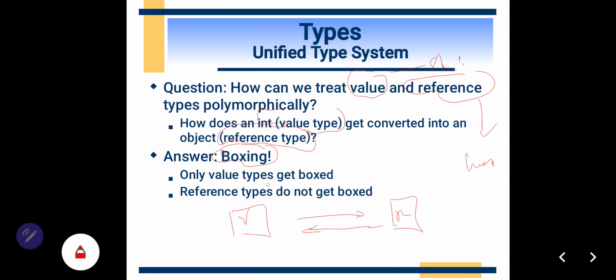Only value types get boxed. Reference types do not get boxed.